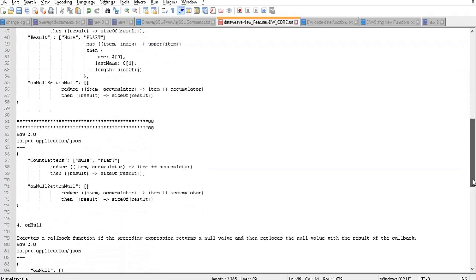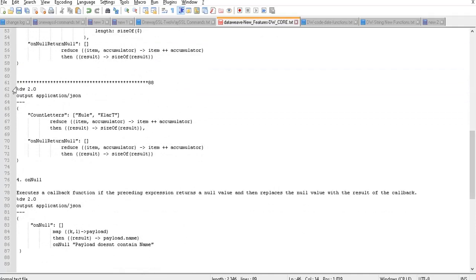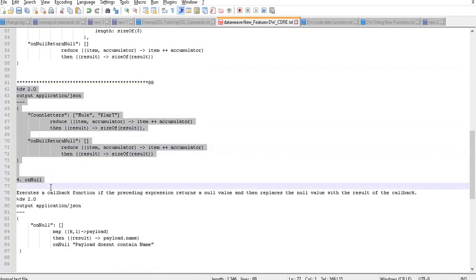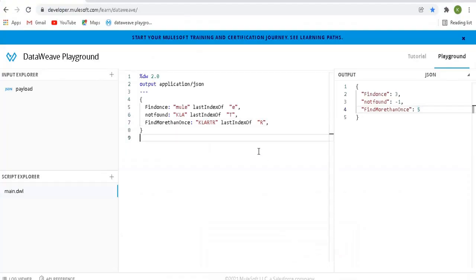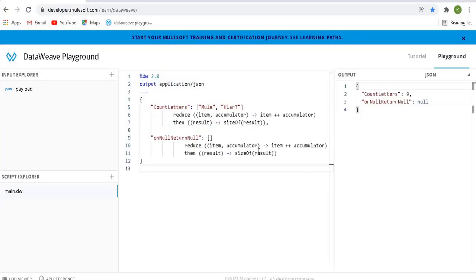I'll show you that. I'll copy this. Let's execute this. So this is one array which has two different words, and we have used a reduce function to get the number of letters, the count of the letters.